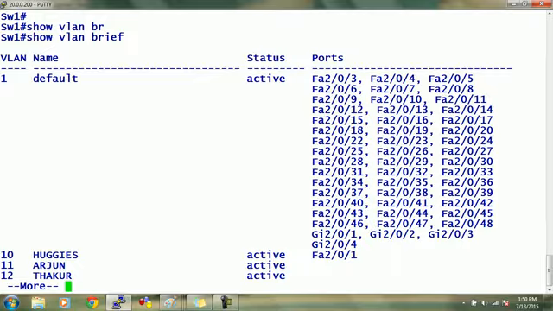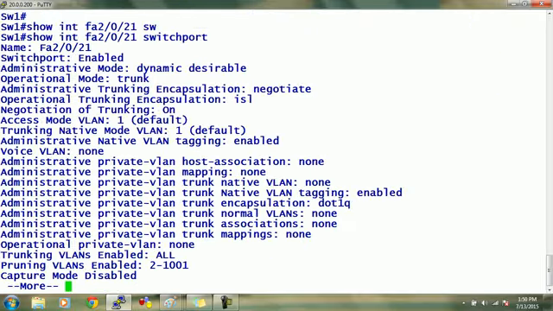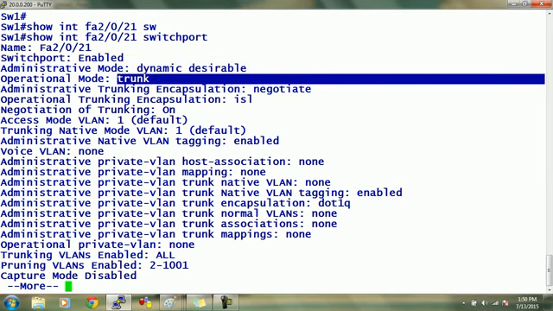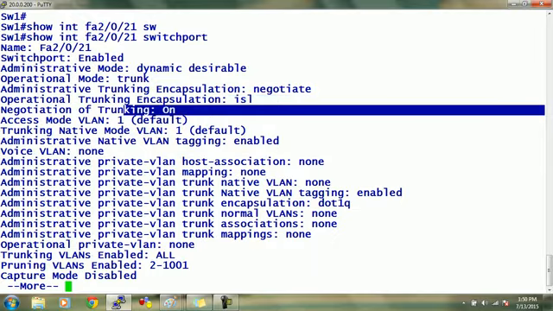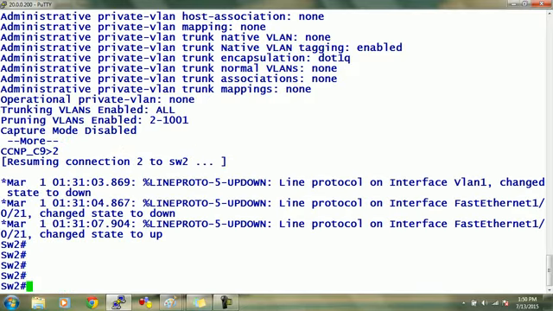Any problem? Now, if I try to communicate, look here now, show interface FA 2/0/21 switchport. Mode is? Operational mode is? He is saying I am desirable and I am working as trunk. Operational trunking encapsulation is now ISL. Negotiation of trunking is still on, and trunking encapsulation is still negotiate. This thing is clear. But if I move to switch 2 and I check the same thing,